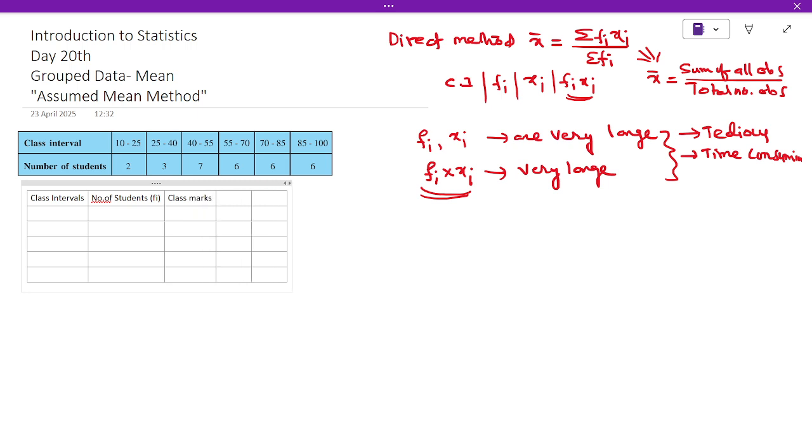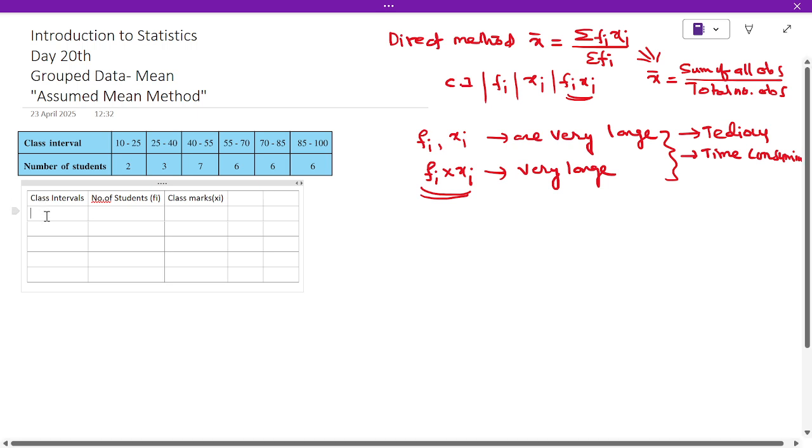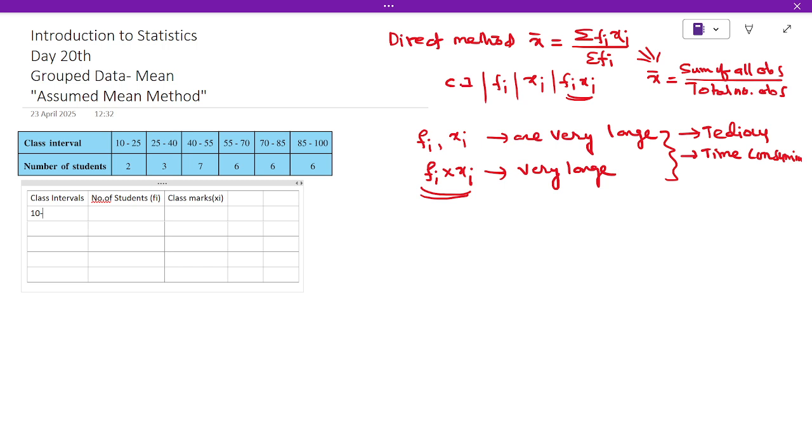So it is denoted with xi, right? So this is till the direct method, right? So let us write the values, then I will show you the extra. Okay, so what is the first class interval? 10 to 25, and then 25 to 40, then 40 to 55, and then 55 to 70,